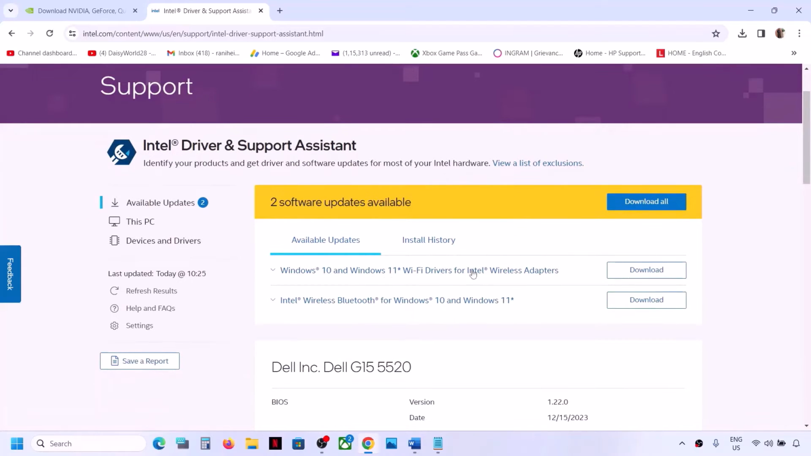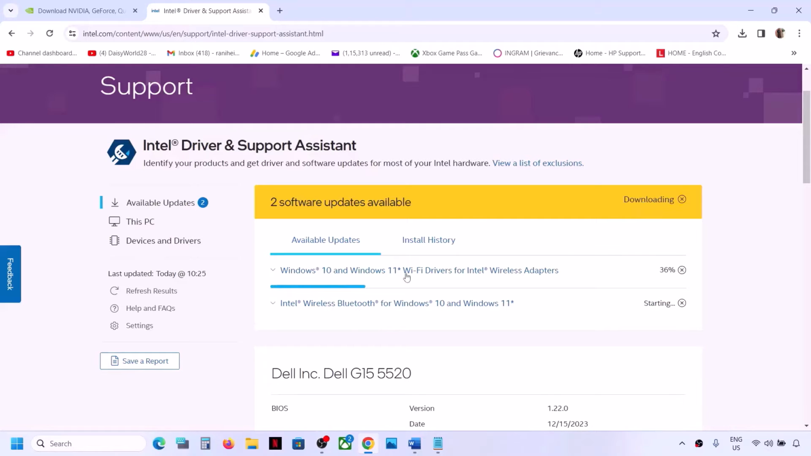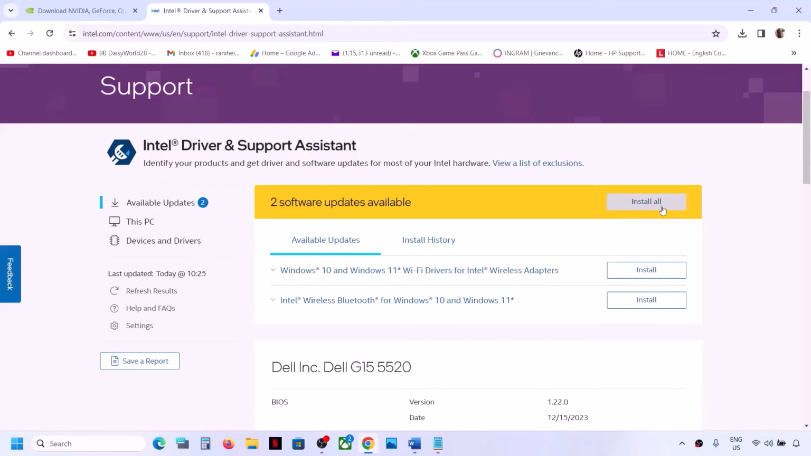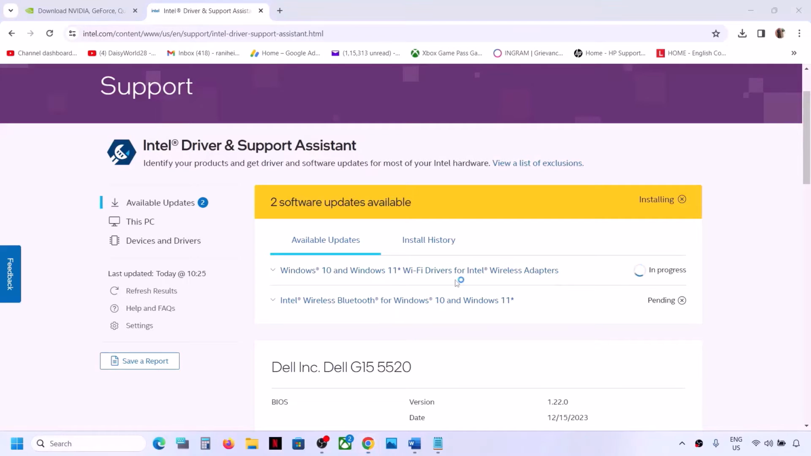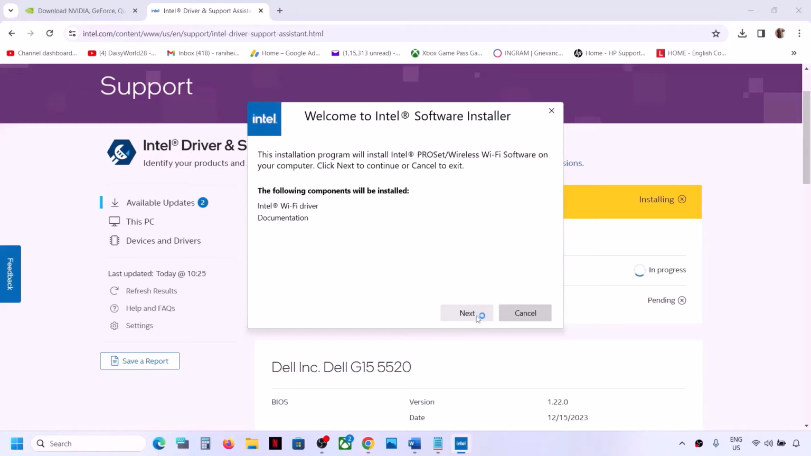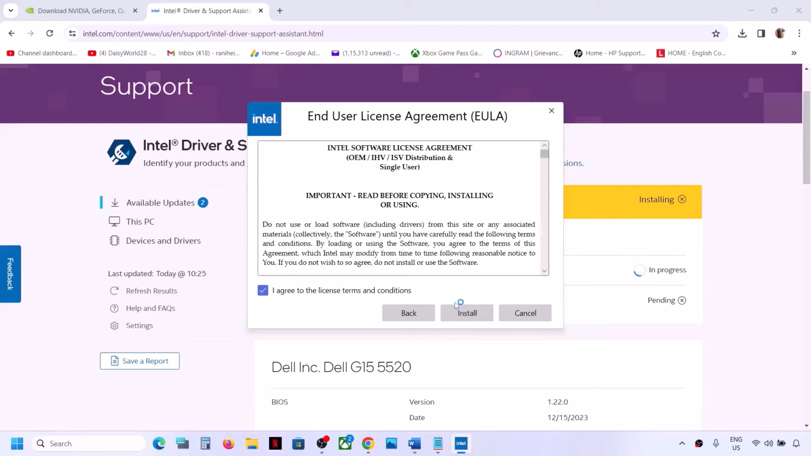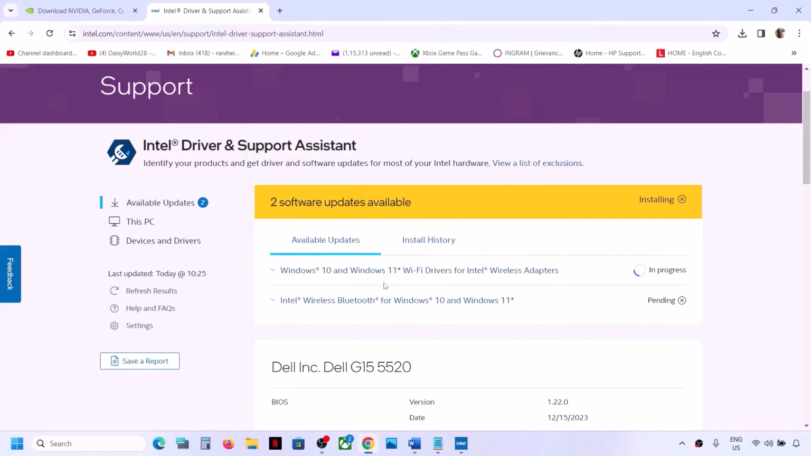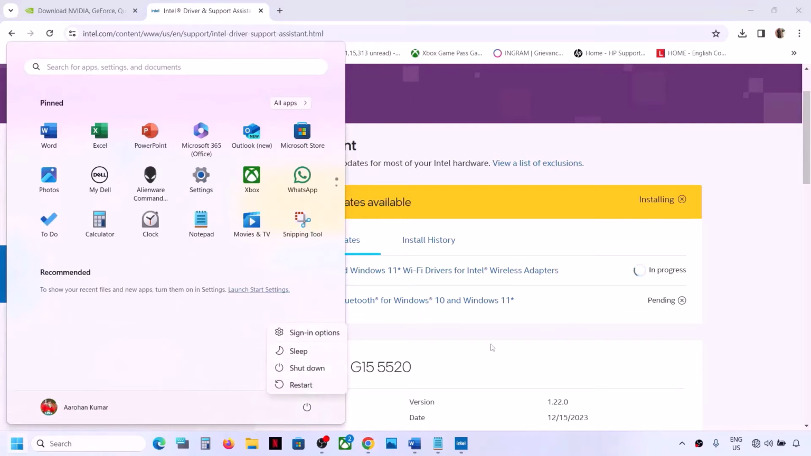And then if there is any update over here, it will give an option to download. So you can click on download all. And once the download is complete, it will give you an option to install. So you can click on install all, click on yes to allow, and then let the installation complete. Let me install it first. Yeah. So let it install, and once all the installation is complete, restart your computer, and after the system restart, you can check. But if you're still facing the problem,